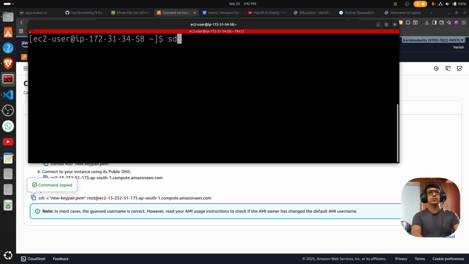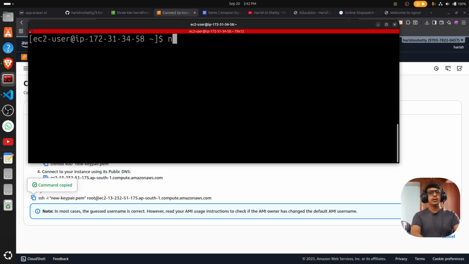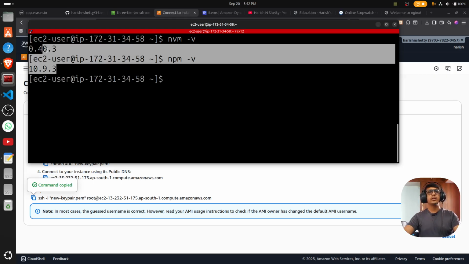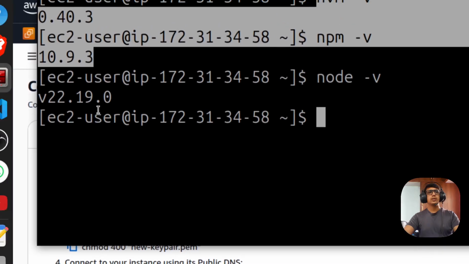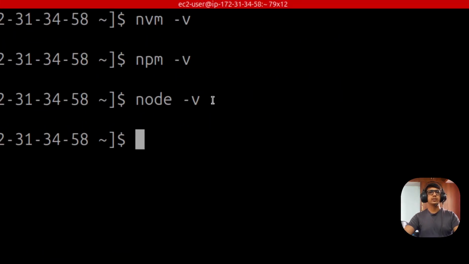Once logged in, cross-check with sudo systemctl status nginx, which is perfectly working, and nvm -v, yeah, npm -v. See, everything is installed. node -v. I ran the command to install Node 22, and it's installed. See,